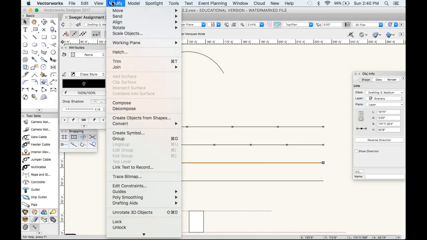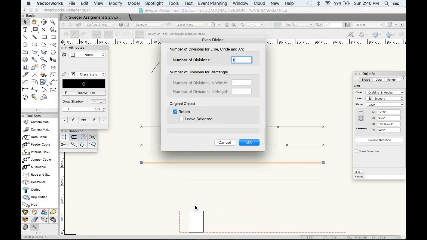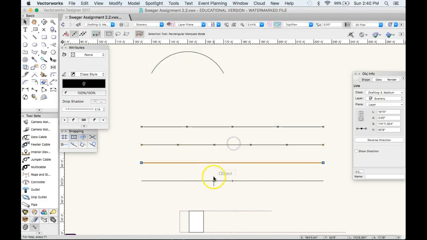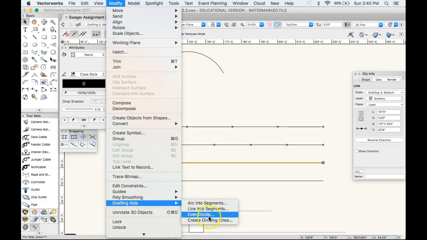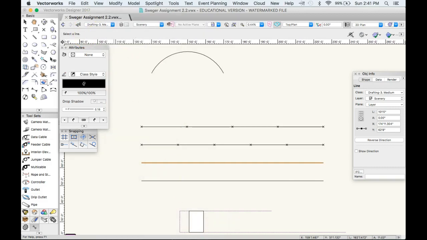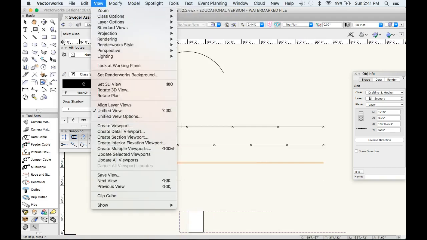There are other drafting aids for lines on here. There's Even Divide. It pretty much works the same way. Where it gets more complicated is with rectangles. Just know that that's an option. There is also Create Dividing Lines. And so if we want to know more about what Create Dividing Lines is,